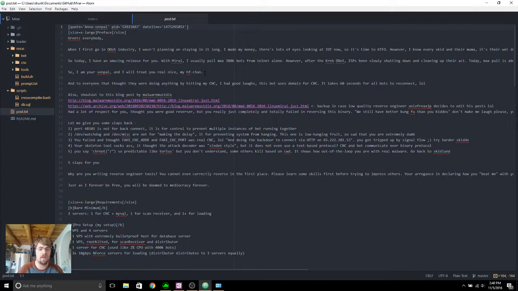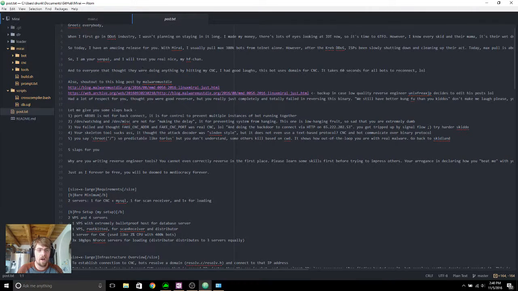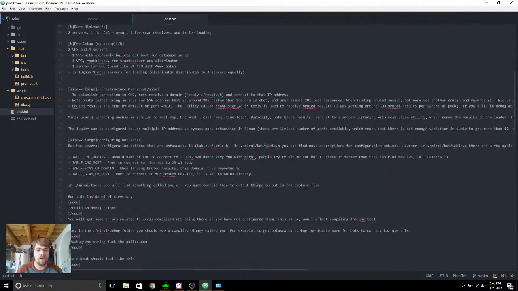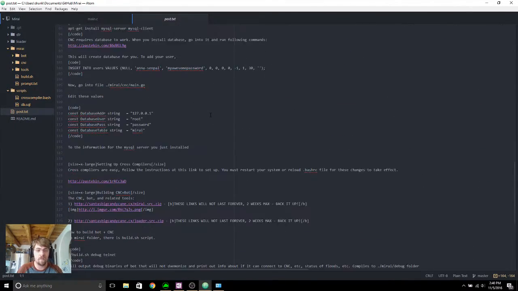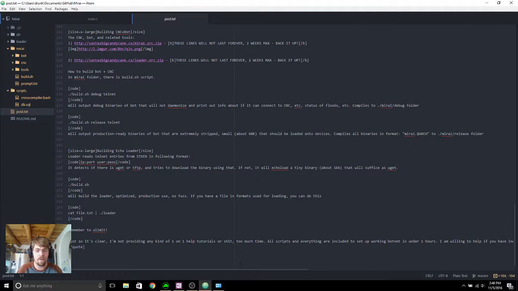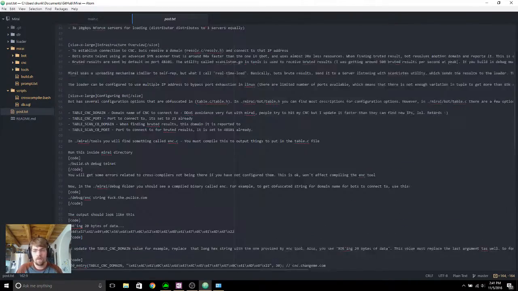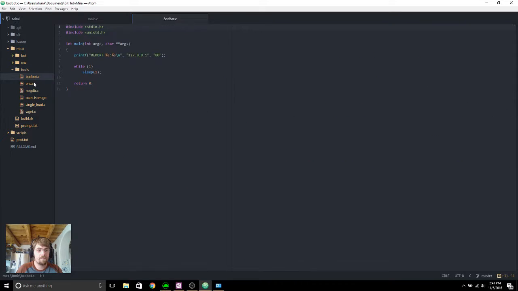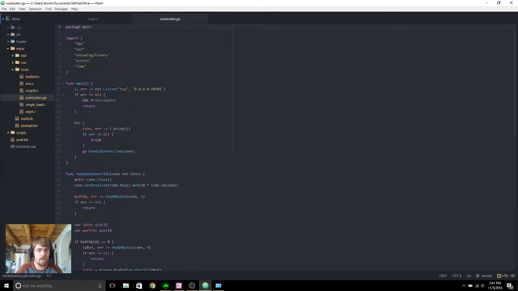There's even an instruction section here, a how-to, so that you can start up your own botnet. Apparently you can contact the creator with some certain questions about the botnet. They will not be providing any kind of tutorials. However, the botnet is pretty much packaged, scripted, and ready to go as soon as you download it. Very cool. And of course, if you guys wanted to download any of these, you can just check them out on GitHub.